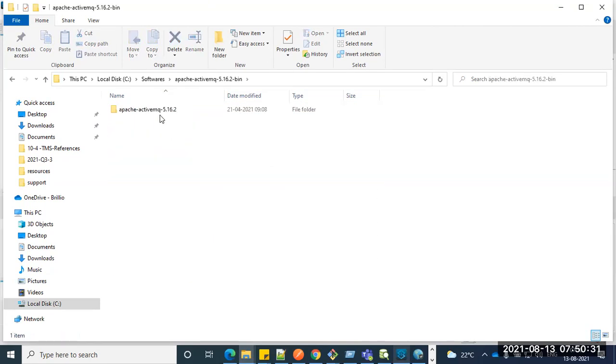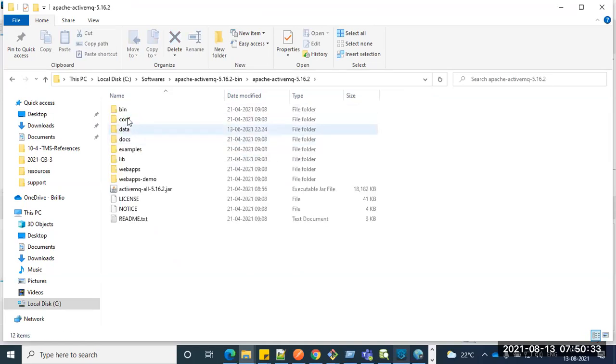So there is a bin content you can see. So here bin folder you can see. Okay, open that bin folder. Before that, observe here, guys. ActiveMQ all